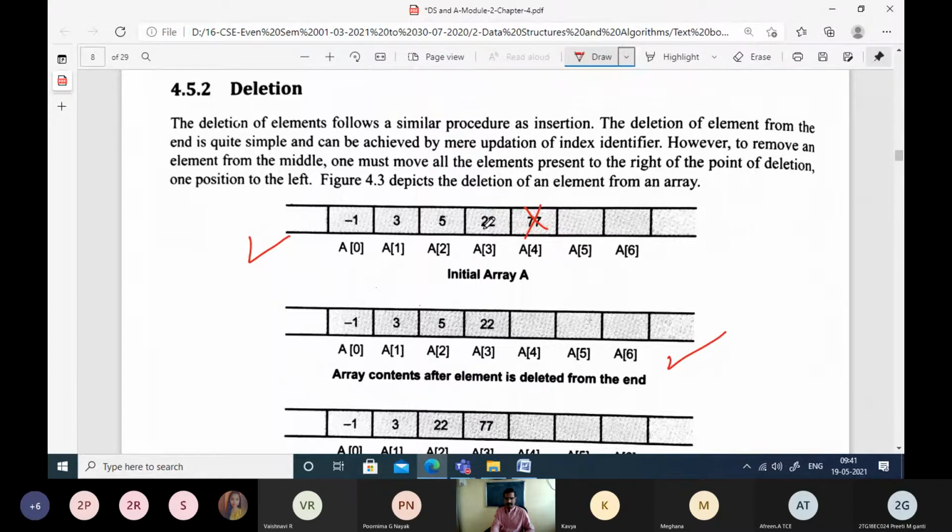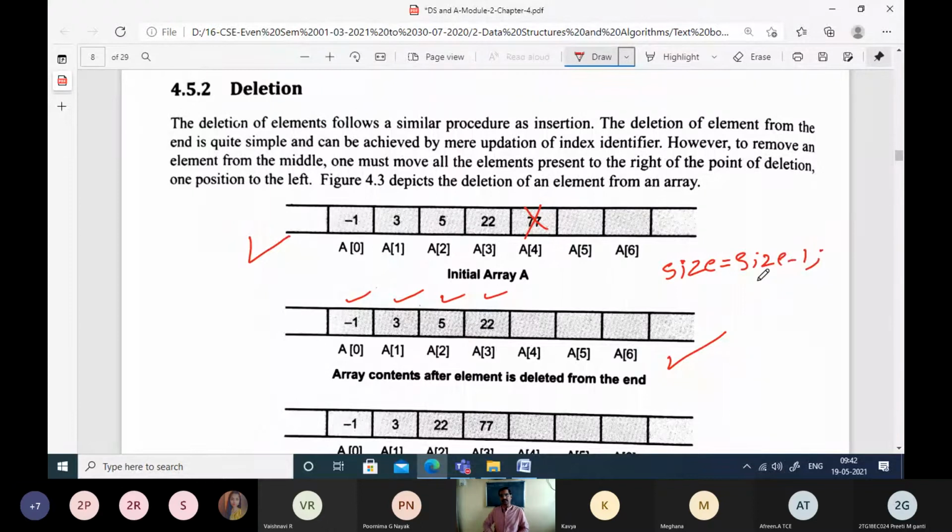That means from this initial array we are deleting 77 from the end, and this is the scenario we get. As we are deleting an element from the end of the array, there is no overhead or replacements involved. Only in this case we have to decrease the size of the array. Whatever the size is, just decrement the size by 1. Size equals size - 1.